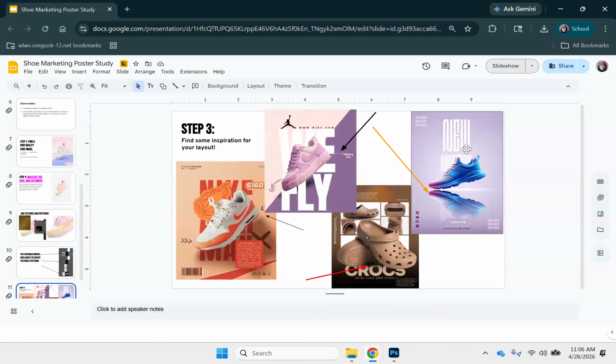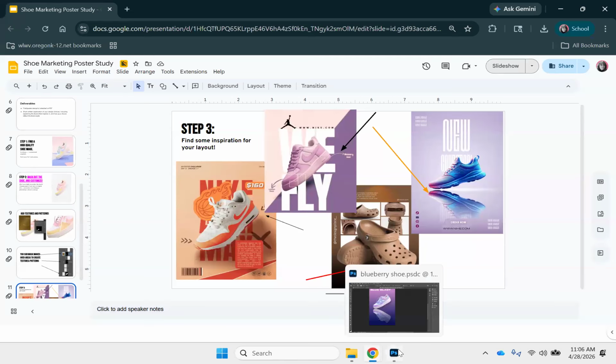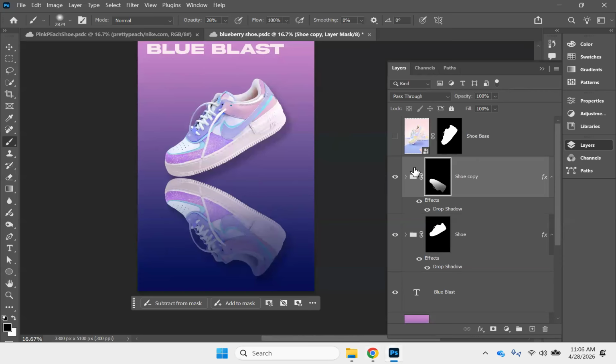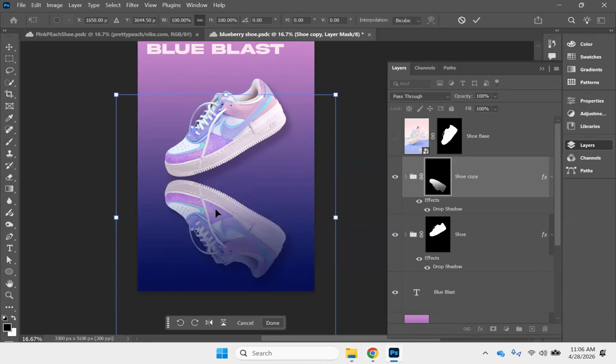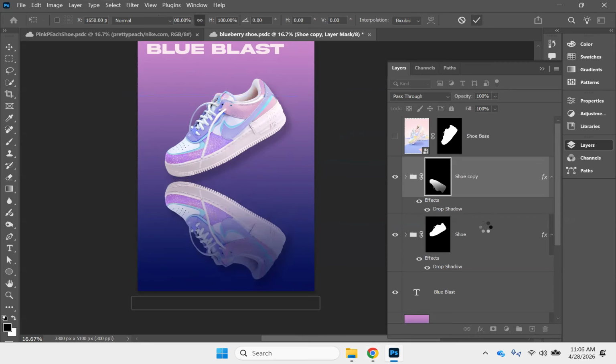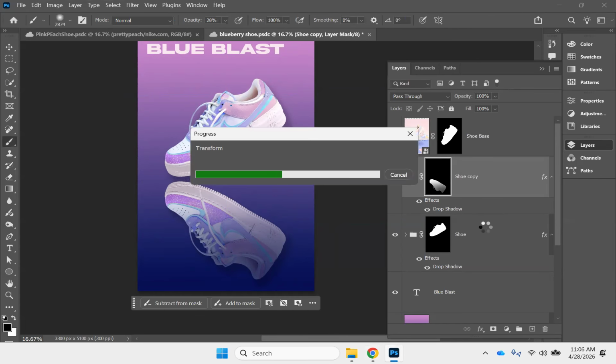Now, again, I'm looking at what else is going on here. They've got this little white line. I don't know if that's a reflection from the text. Almost kind of seems like a reflection of where the shoes are touching. So let me grab this shoe and I'm going to scooch him down a little bit. There you go. What I could do is maybe between these shoes,